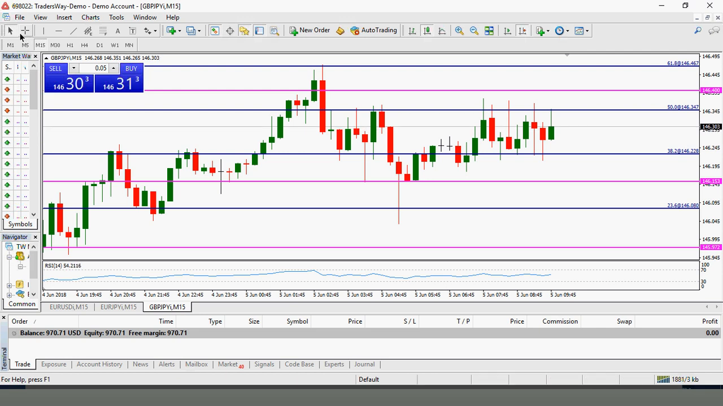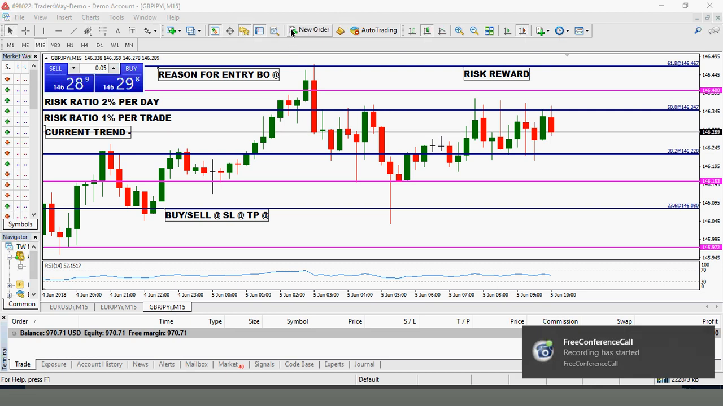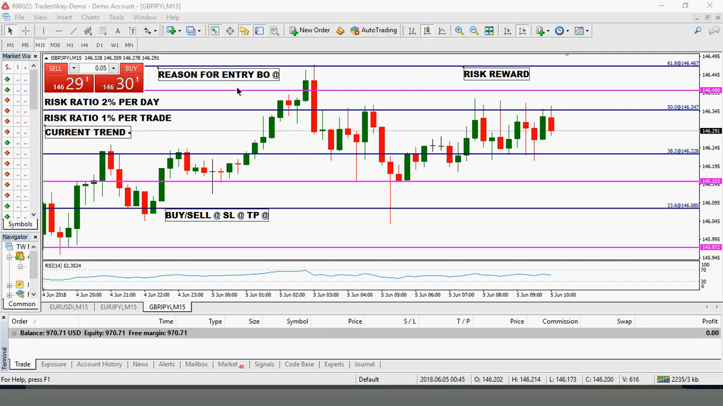So I will go offline and begin to plot, label my chart, and wait to see if the next candlestick does develop and form into either an opportunity for a buy or a sale. Okay, I'm back, and the market is now open, and my labels are on my chart. So my risk ratio is 2% per day. My risk ratio is 1% per trade. The current trend is still in consolidation, so I haven't executed a trade,